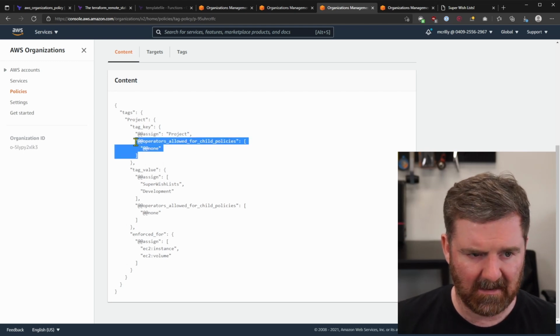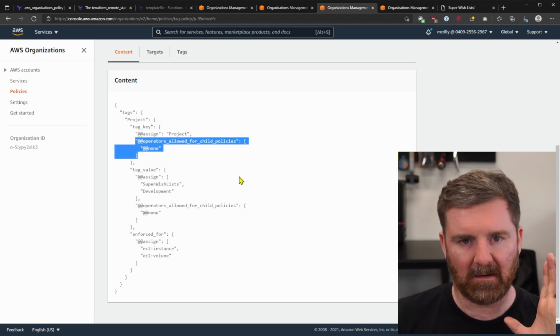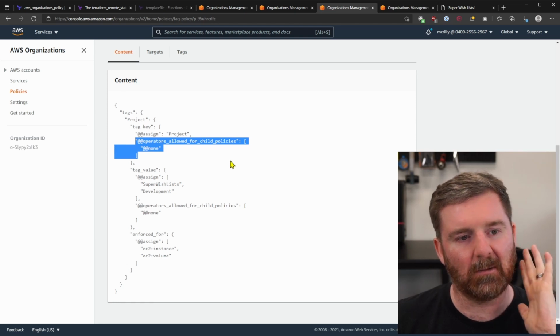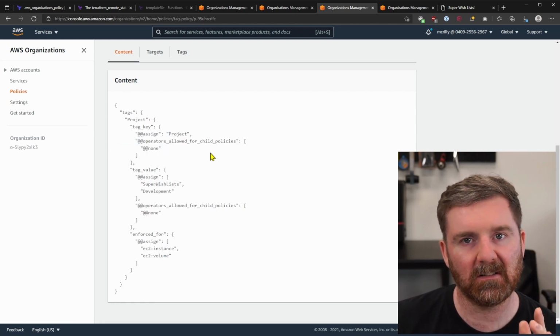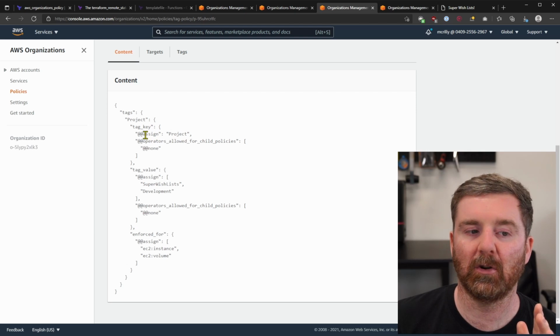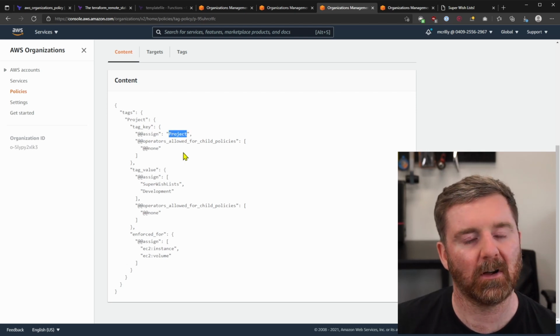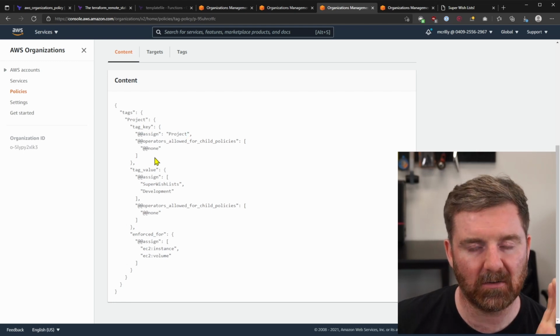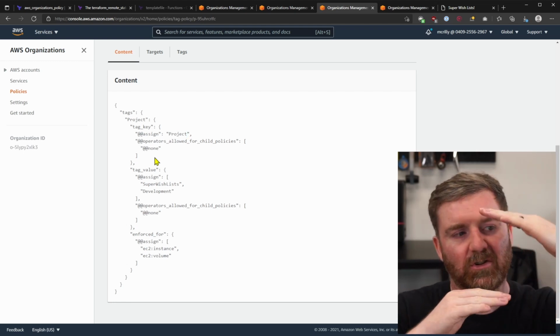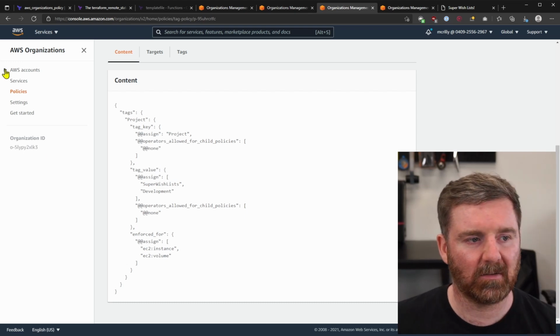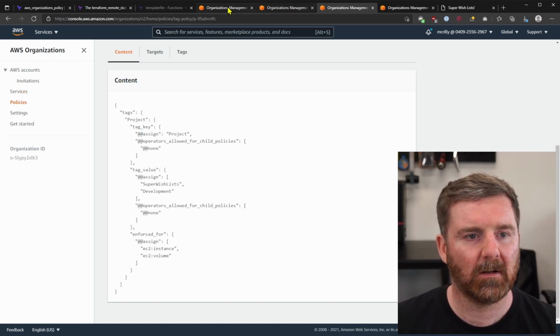I'm preventing any, and I guess we can look at this at some point in the future, but I'm basically saying that none of the child policies can do anything to change that value. They can't assign it, they can't append to it, and they can't delete it or remove a value. The reason is that, again, if we look at that structure up here,